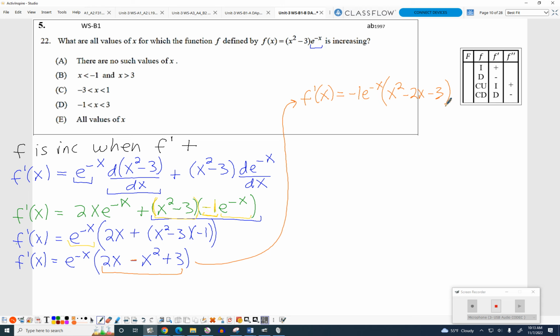Question? Perfect. So now we need to factor some more. So we go f prime of x equals negative 1 e to the negative x, parenthesis,